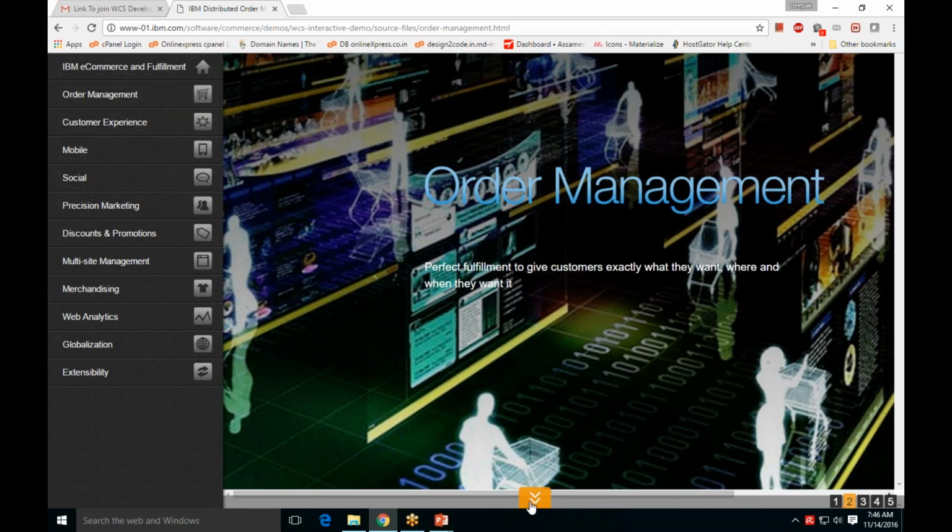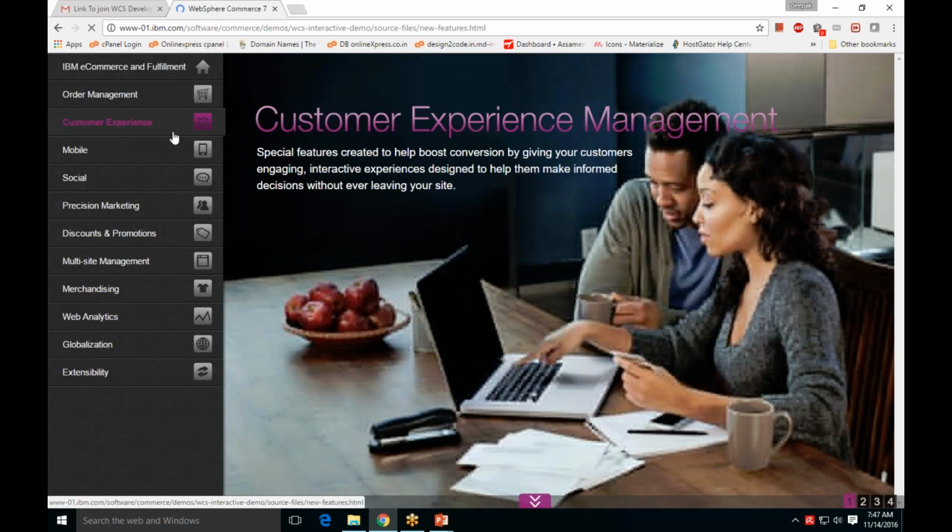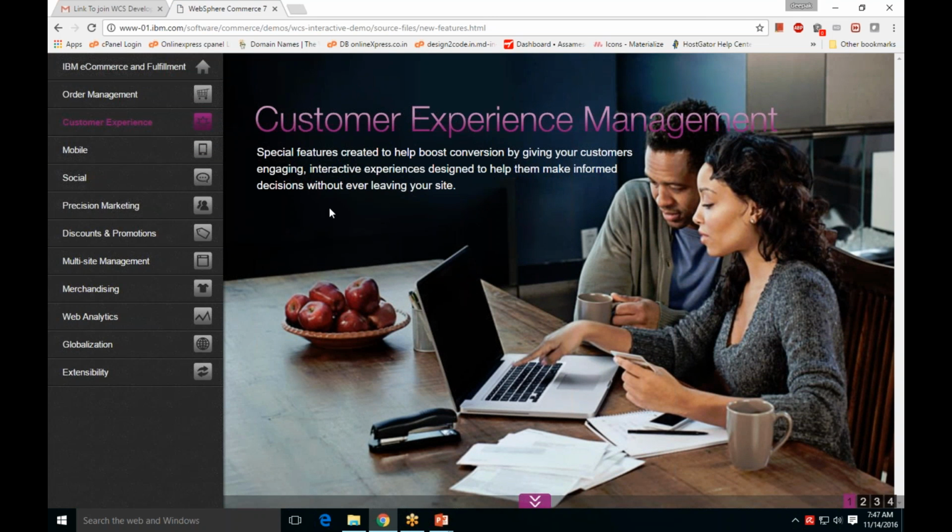So coming to customer experience, I also talked about how a website doesn't only have to display products, it has to engage with the customers as well. It has to be appealing. Okay, appealing is fine, the website is looking good. But if a website is dead, and by dead I mean it doesn't engage with the customer,